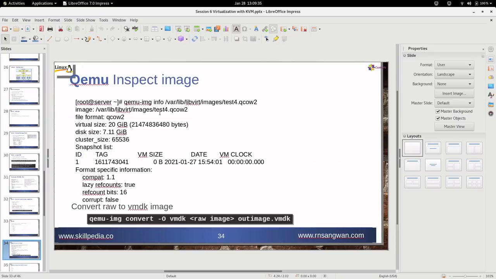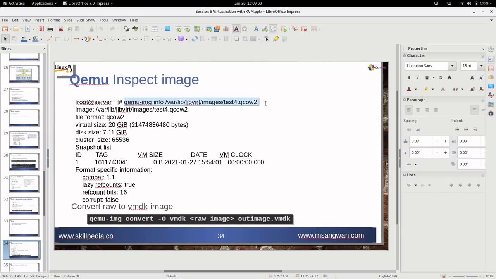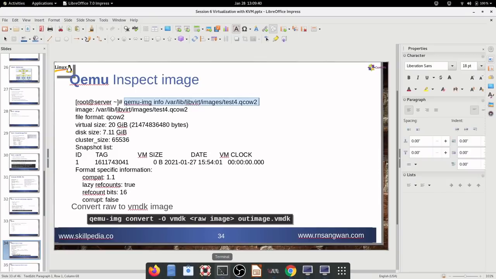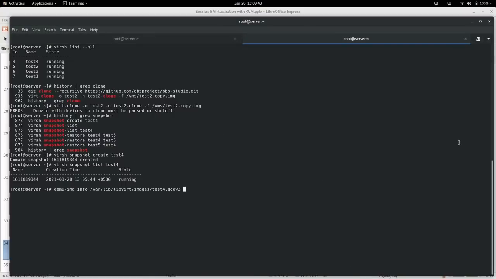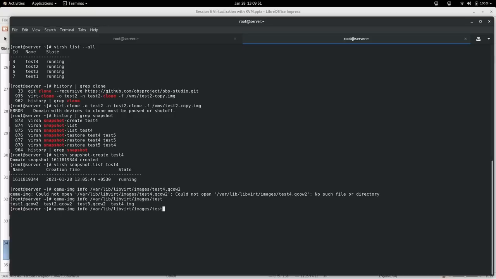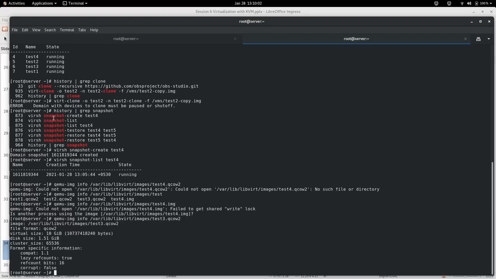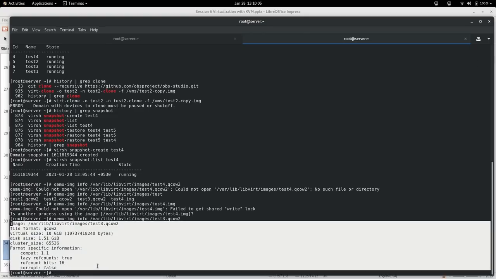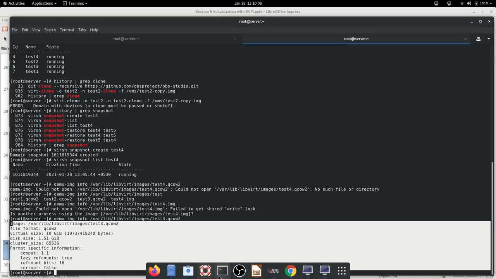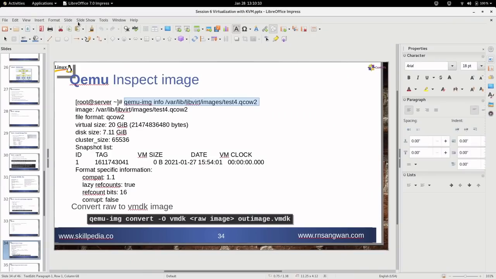Which was inspecting the images. This is what I wanted to inspect, because I'm using the same naming conventions, so I can exactly issue the same commands. What is the file name then? Virtual images. Yes, test4.img, because it will work on test3. Let me try with test3. Yes, and you see the details of test3, and this way you will get the details about the images using the qemu-img command.